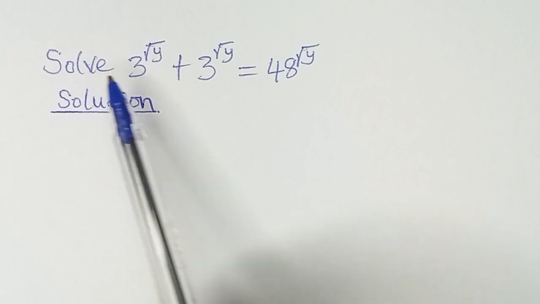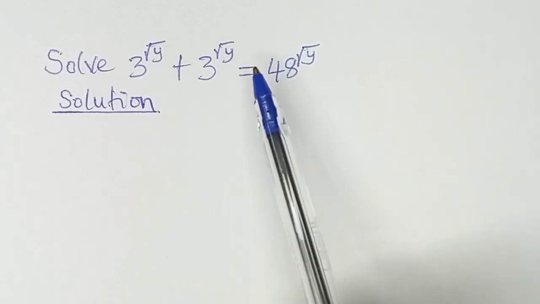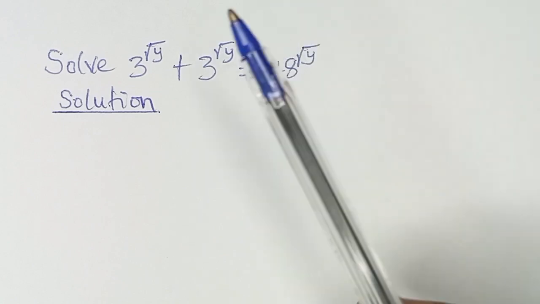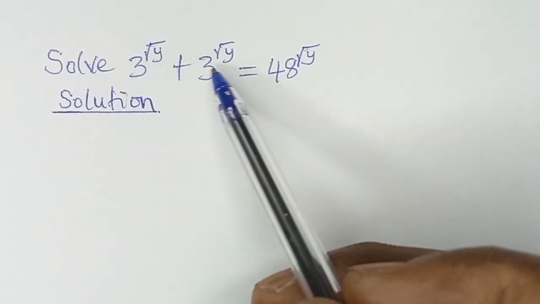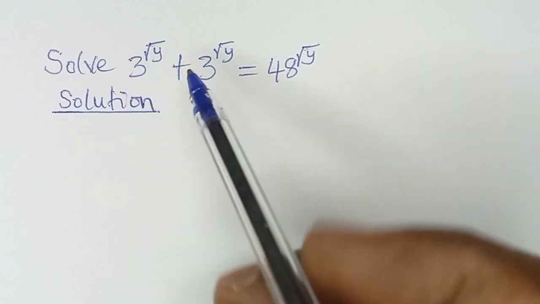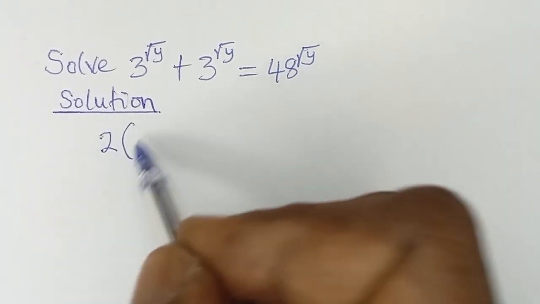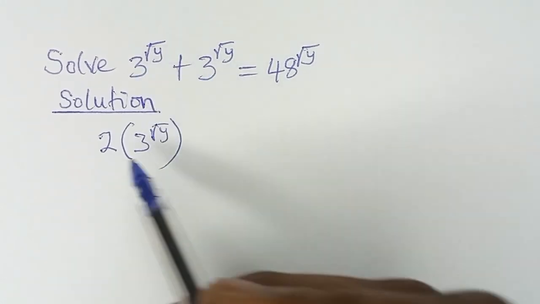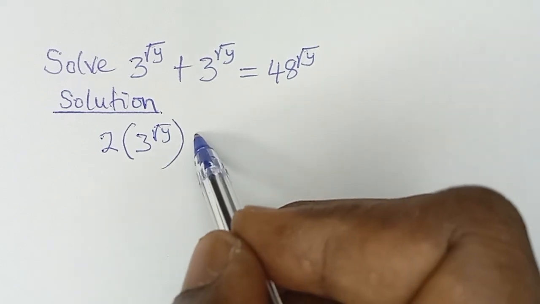Now the question here says solve 3 to the power root y plus 3 to the power root y is equal to 48 to the power root y. So for us to solve this, if you check these two terms, they are like terms because they are exactly the same. When we join two like terms, we say there are two of them. So I can simply say 2 of 3 to the power root y, because they are like terms, so there are two of them. So 2 of these like terms is equal to